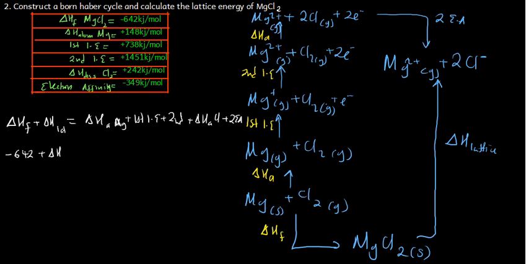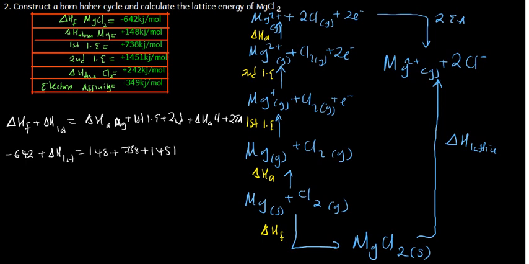The enthalpy, or the lattice energy, should be equal to the enthalpy of atomization of magnesium. It's there at that point, and so that is 148, plus, what else do we have? We have got first ionization energy, which is 738, second ionization energy, which is 1451,